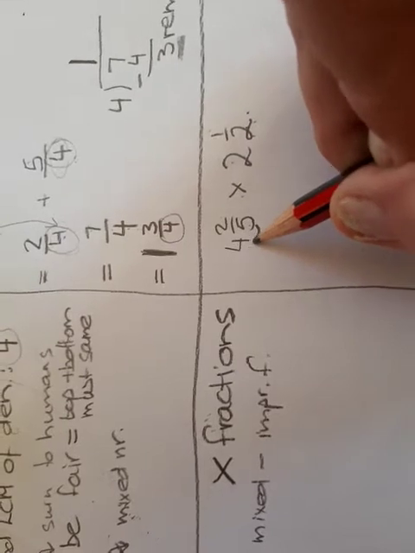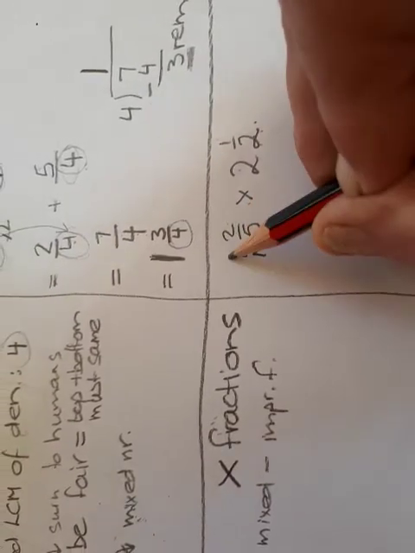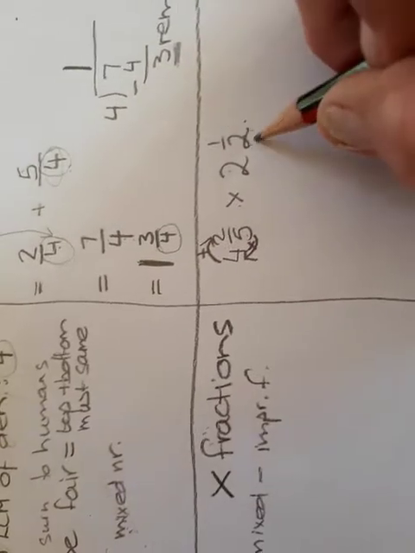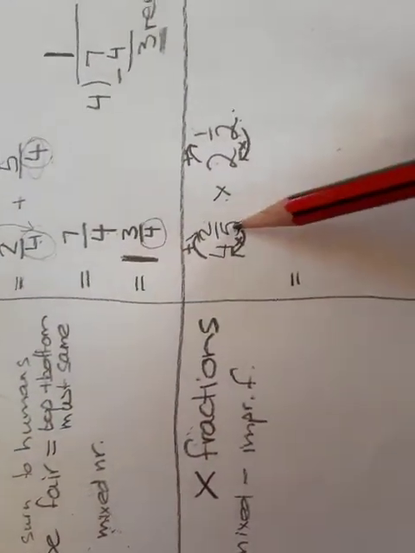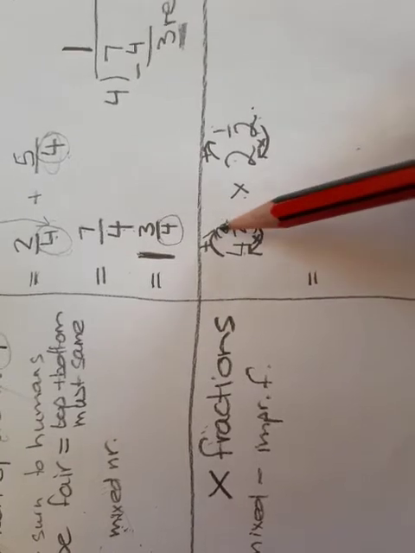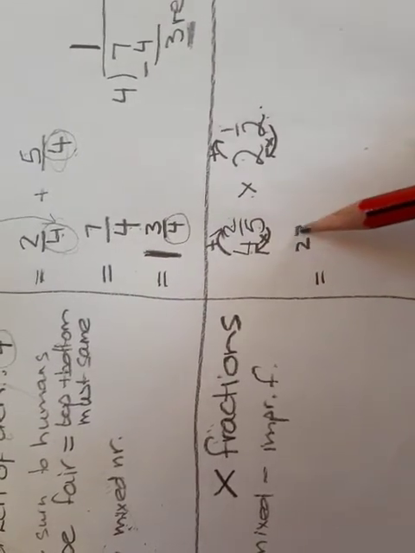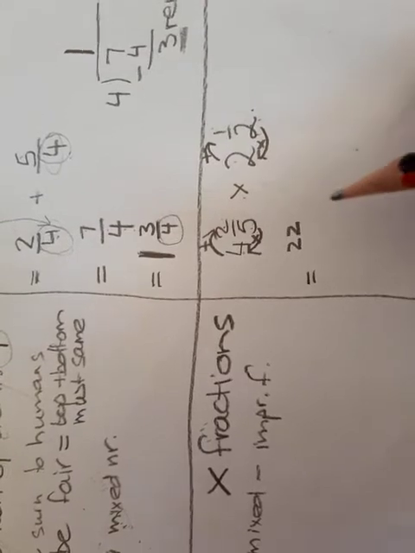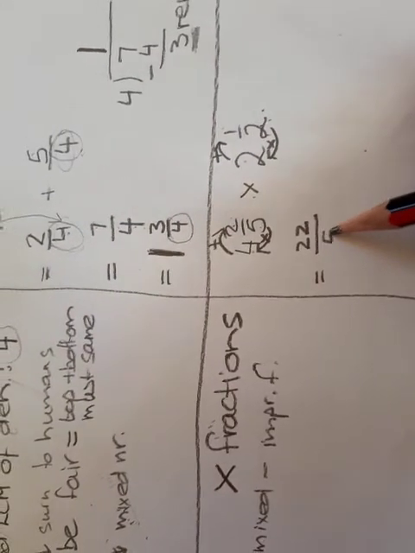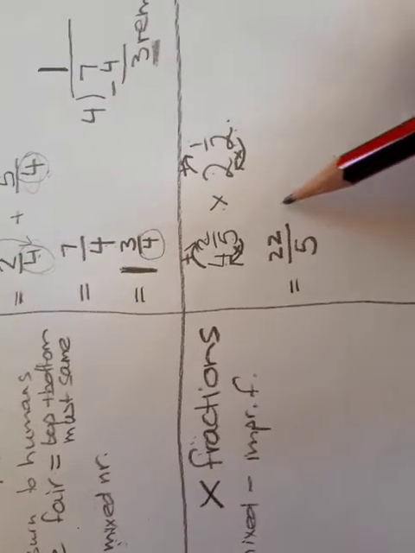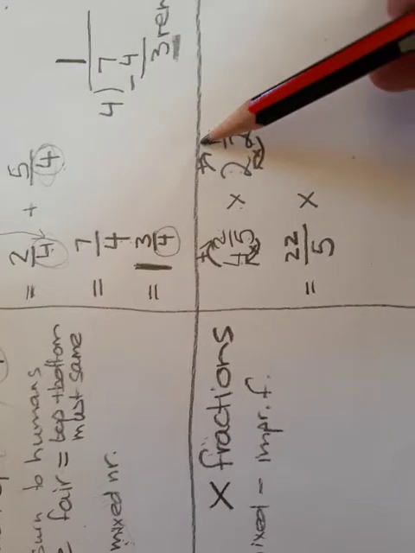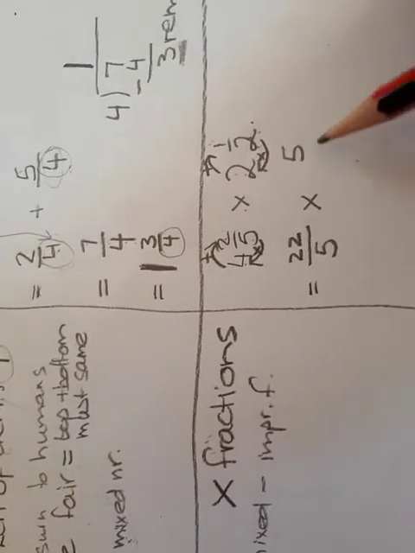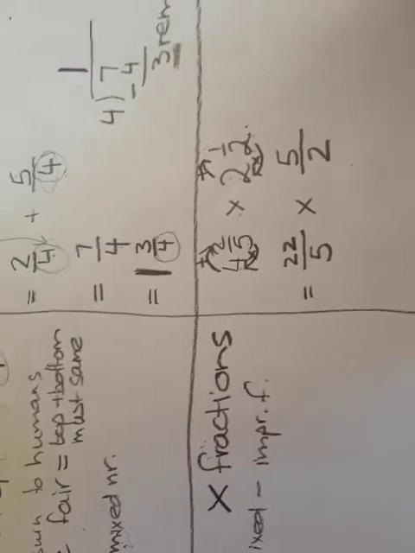Remember, you multiply clockwise and then add. Okay? Multiply clockwise and then add. So let's see. We have 5 times 4 is 20 plus 2 is 22. That gives you the numerator. Okay? And 5 is the denominator. Okay, then remember 2 times 2 is 4 plus 1 is 5, gives you the numerator, and 2 is the